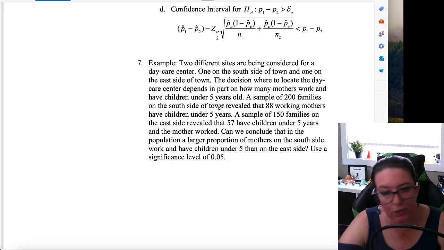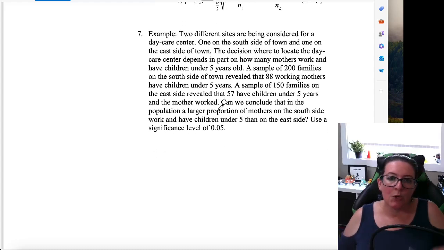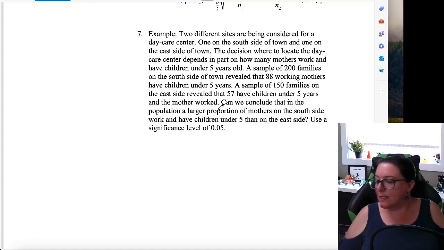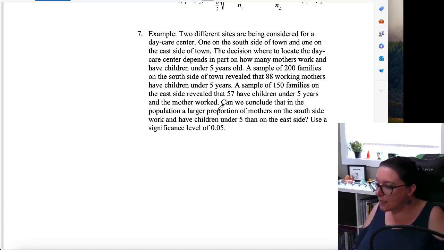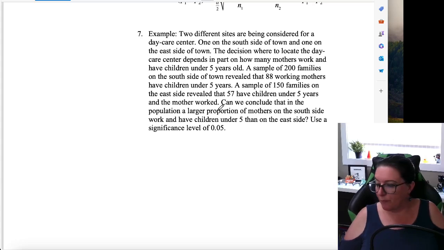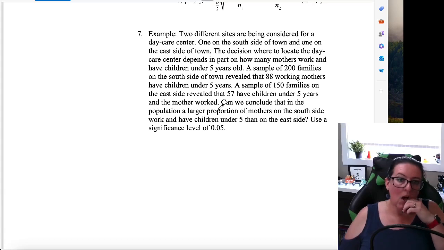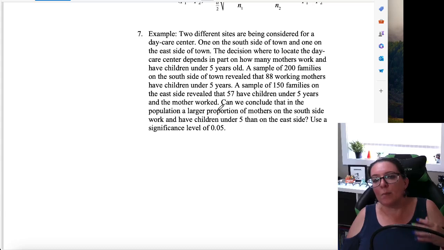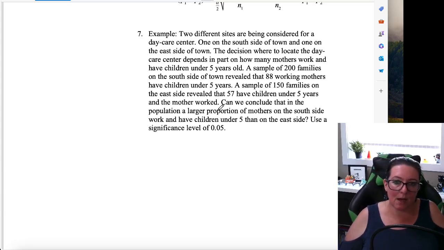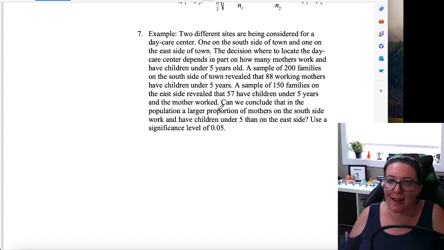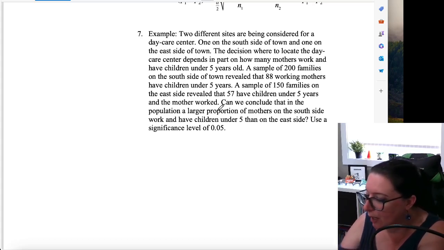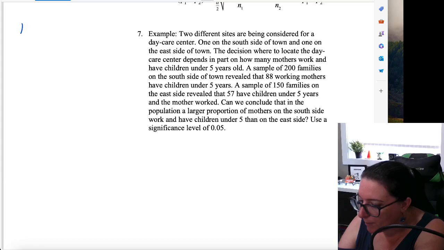All right, let's look at this particular problem here. Two different sites are being considered for a daycare center, one on the south side of town and one on the east side of town. The decision where to locate the daycare center depends in part on how many mothers work and have children under 5. A sample of 200 families on the south side of town revealed that 88 working mothers have children under 5. So our p hat